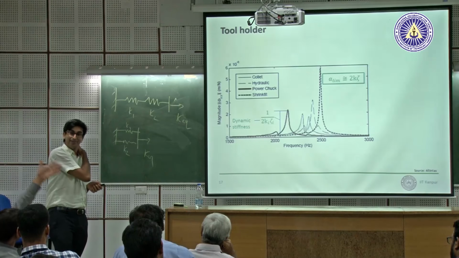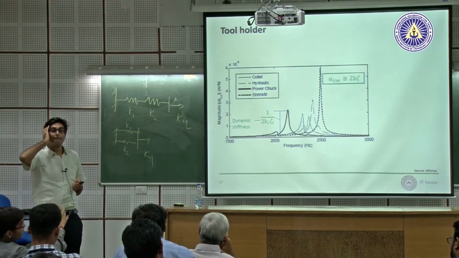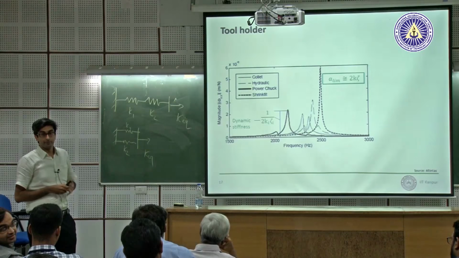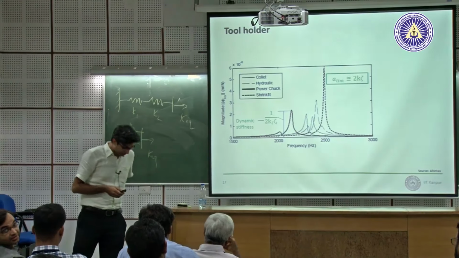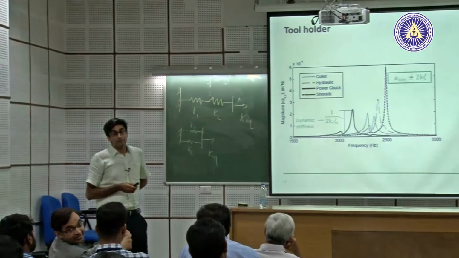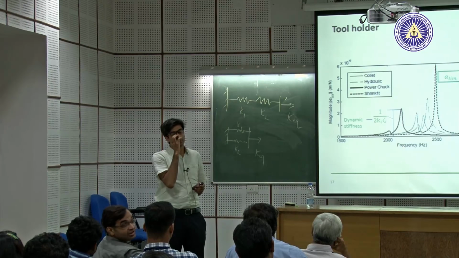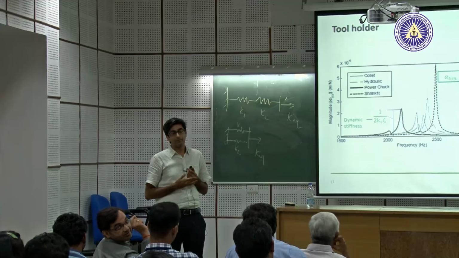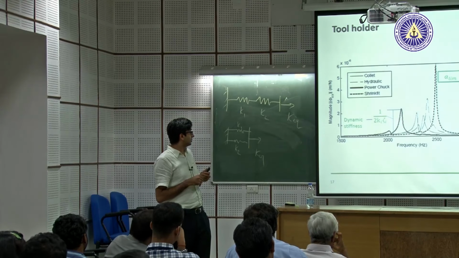But on top of that, there are other pockets. So the absolute minima for one of these could be lower than the other, but at the cutting speed that you are cutting, the spindle speed, the one which has lower dynamic stiffness could be better, because you are in that pocket where the natural frequency divided by the spindle speed is closer to some integer number. Okay, so this is just an idea.